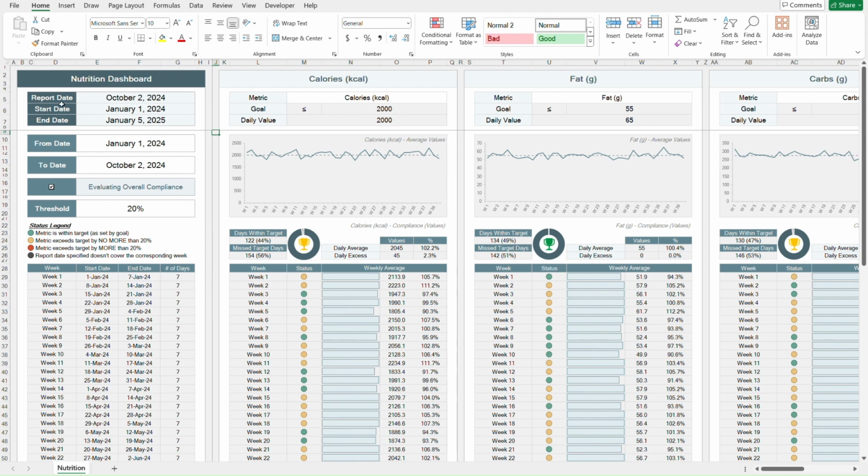First, there's a date section on the left, with your start and end date from your journal, as well as a report date. This report date is either the date you have specified on the highlight date field in your journal, or if left blank, it will display today's date by default. If you don't modify the highlight date, both the report date and the highlight date in your journal will display today's date, and they will be both in sync and updated, which is why I recommend you don't change the